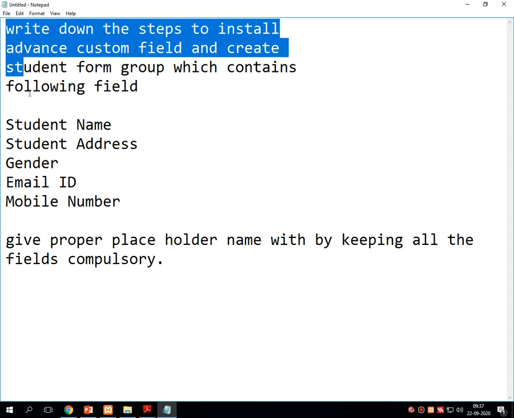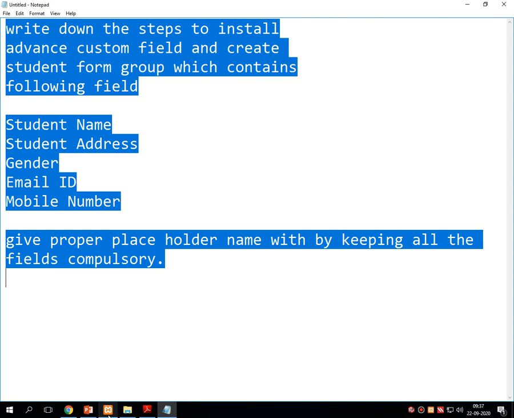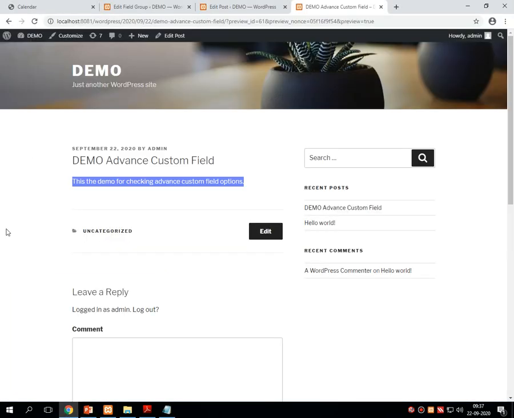Right? So this is the practical which I have done. You have to perform the same practical and then you have to demonstrate the same onto the screen.